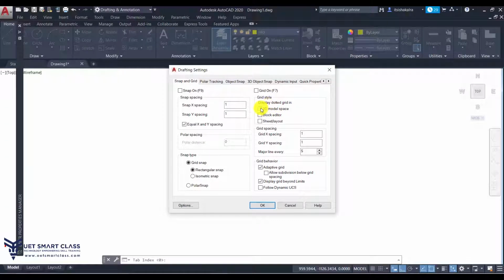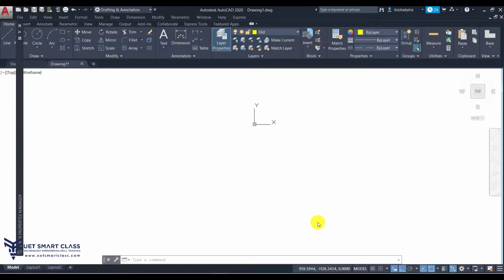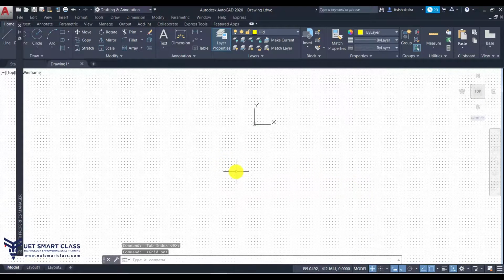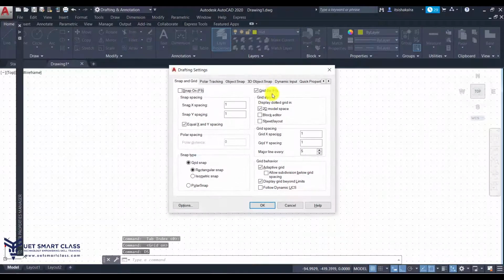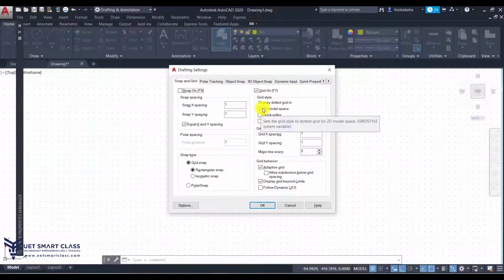If you click on 2D model space dotted, now it will appear as dotted. See, it is dotted. Even in the block editor and sheet layout. As of now, it is in model space. I'll again uncheck this.